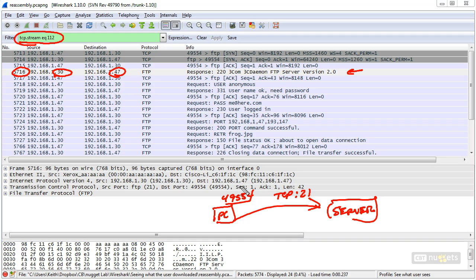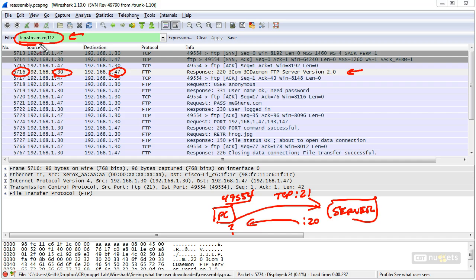of 21. So as we look at this stream here, this is the control channel, if you will, for FTP. However, what happens is when that user requests a file to be downloaded, we're going to open up some brand new ports. When the client requests a download of a file, the server is likely, if we're using standard FTP, to go ahead and use port 20 as the source port going back to the port of the client. And that's going to be a different port also. It's not going to be 49,554. It'll be another port. And I'm going to put a big question mark there because I don't know what it